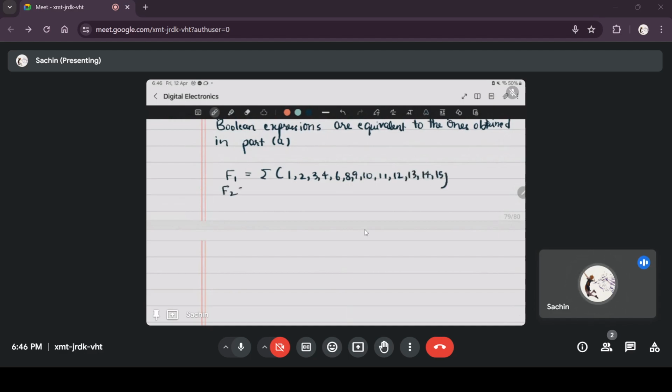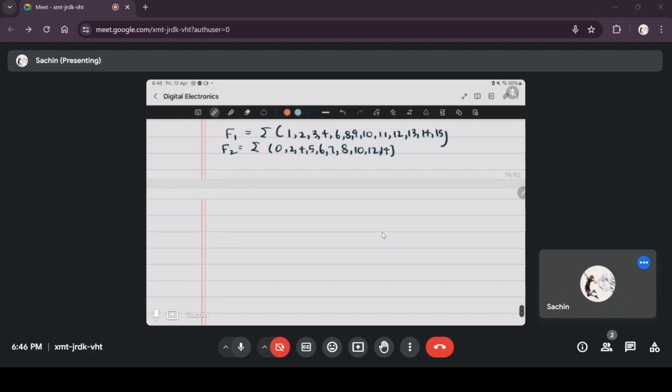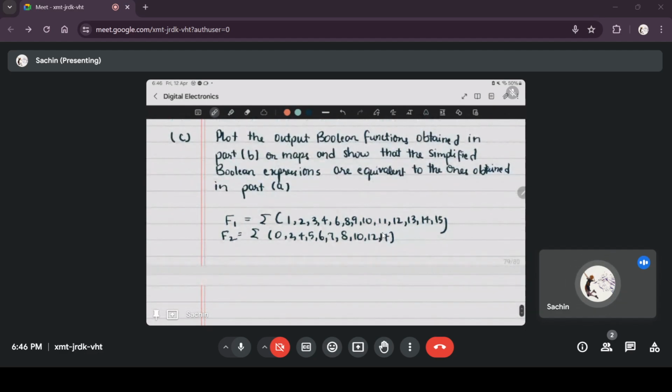F2 is the sum of minterms 0, 2, 4, 5, 6, 7, 8, 10, 12, 14. You can plot the K maps yourself using these minterms,